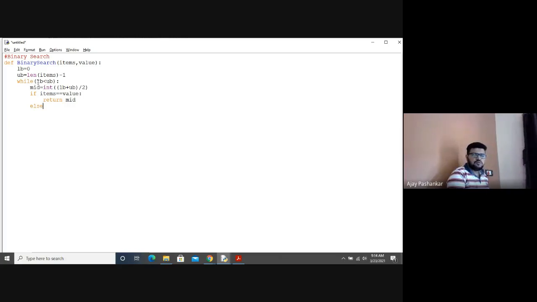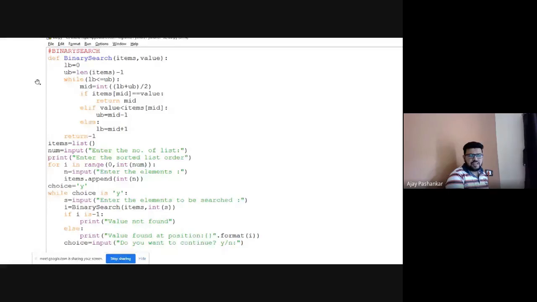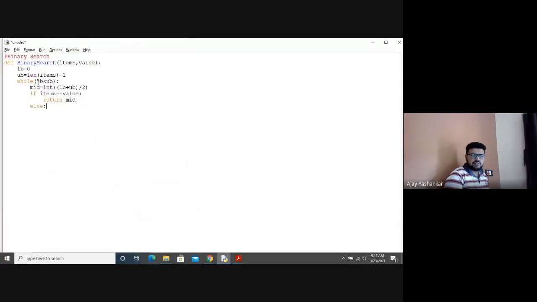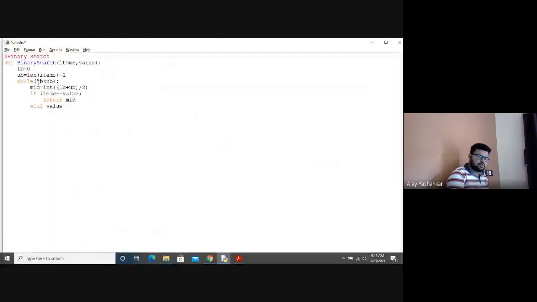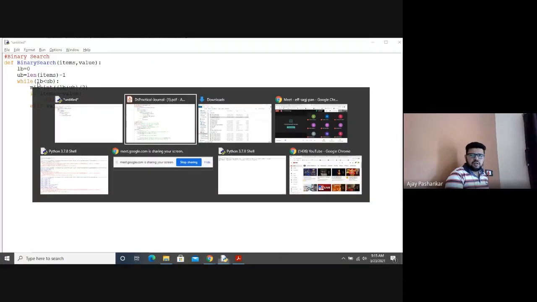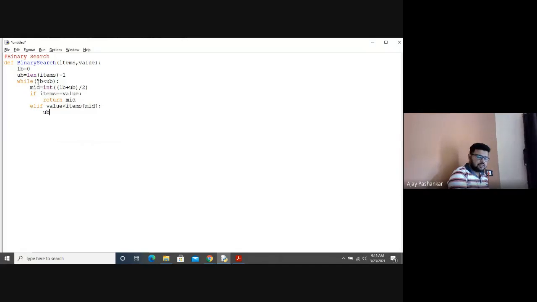Else, we are using the elif mechanism: elif value is less than items[mid], then it will do UB equal to mid minus 1.